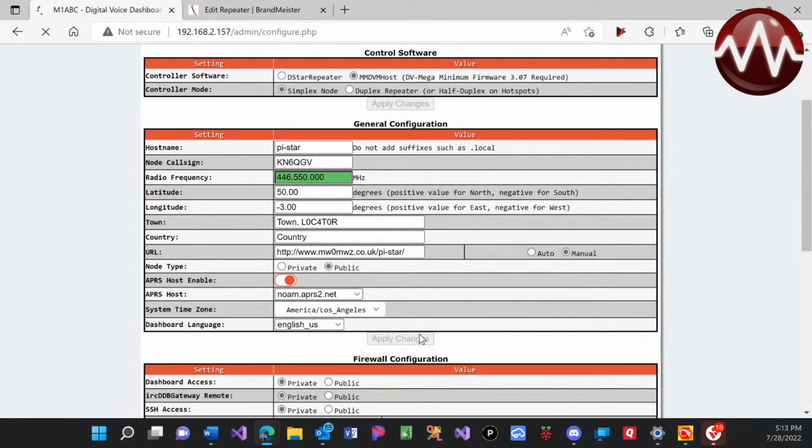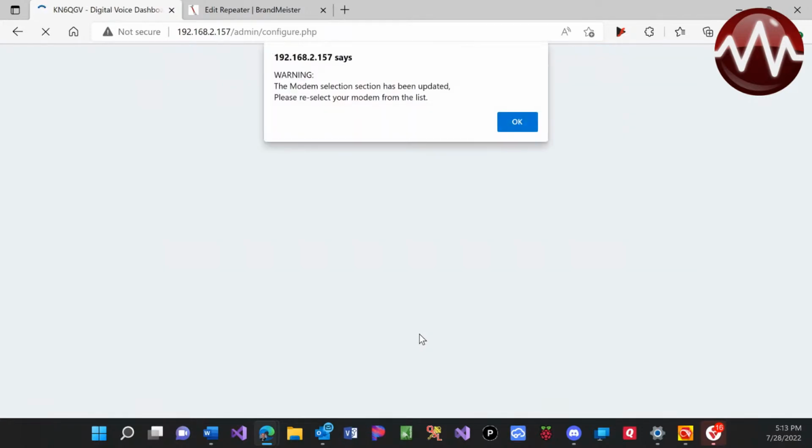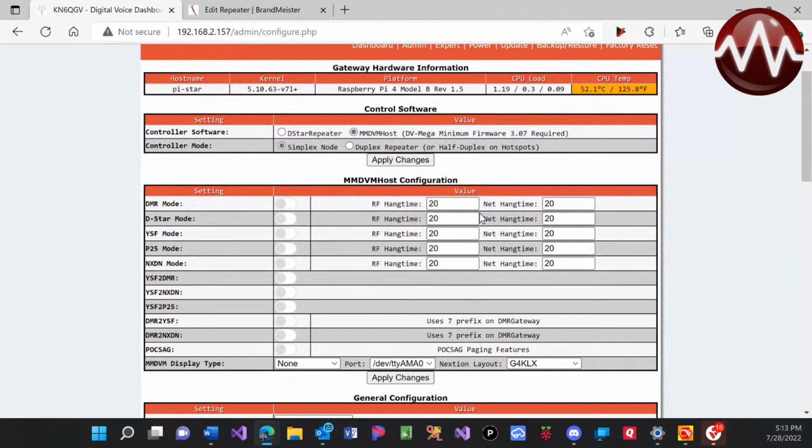Now it takes a minute and you're going to notice that it disappears and comes back. That's the hotspot reconfiguring itself. So the configuration we just put in or applied is getting saved. Now it's reading that configuration back from the device, and it's adding in the additional fields for the settings that we have set. So now what we're going to do is you're going to notice that we have this MMDVM